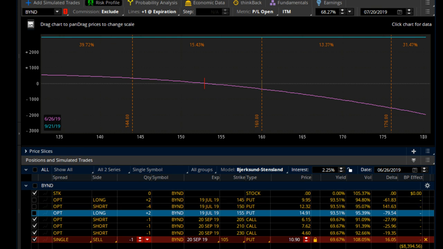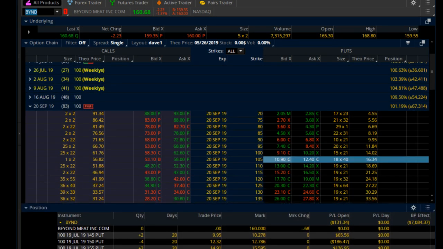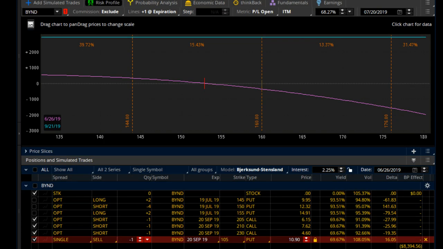So this is showing, okay, if I had sold 1 put, then as long as this stays in this range between 135 and 180, I'm just going to be collecting $2,927 by expiration in September. And like I said, go in here. If you've got options ideas, you can go to the stock that you want to trade. You can select the trades you want to do, and then you can pull up on the Analyze tab this